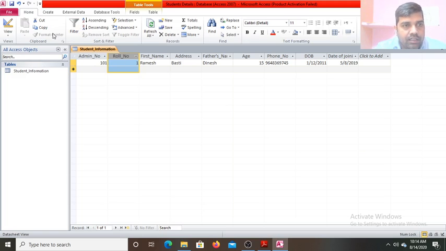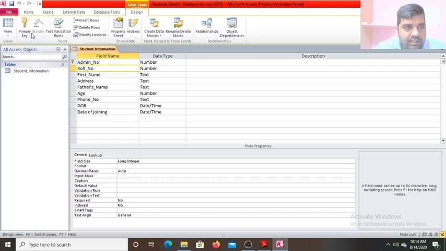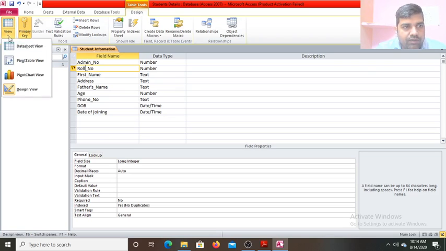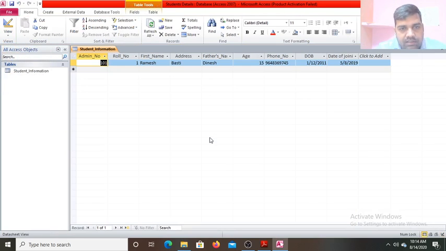Now another thing, let us first open this table in the design view. Now when we go in the design view, the question is set that you have to set the roll number as a primary key. When you open the table in the design view, you will find this roll number. Select this field, the roll number, and make it primary. Now see, this primary key is on the roll number. When we click one more time, the primary key will be removed from this field, okay. Again, see, primary key added. Now we open the table in the datasheet view. Again click on the view, go to the datasheet view. So that work also we have done. We have set the roll number field as a primary key.